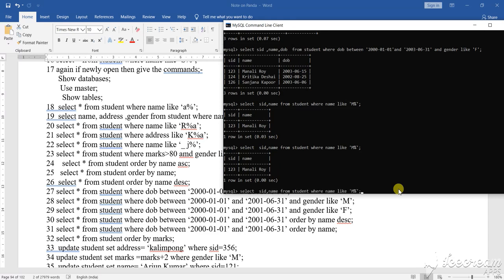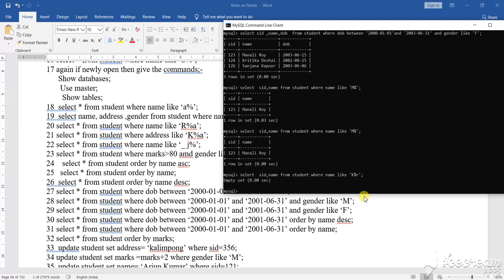Next one, you see, suppose select where. Now I am changing this one, where name, suppose we have K, isn't it? K, then percentage, then after K the second letter suppose R. Okay, so there is an empty set. After K, starting with the particular letter R, it is showing you that the set is an empty set. So this way you are going to do it.